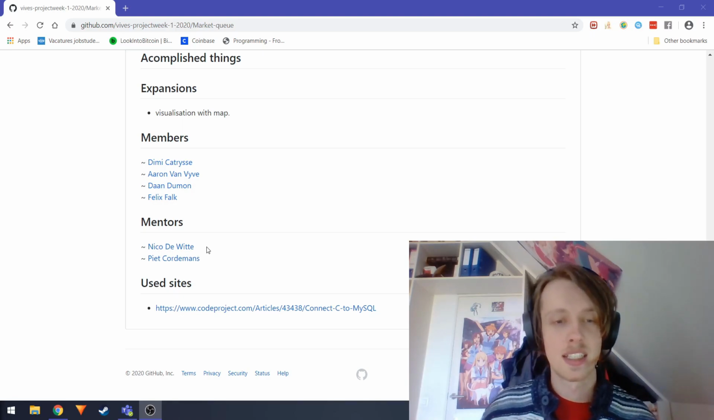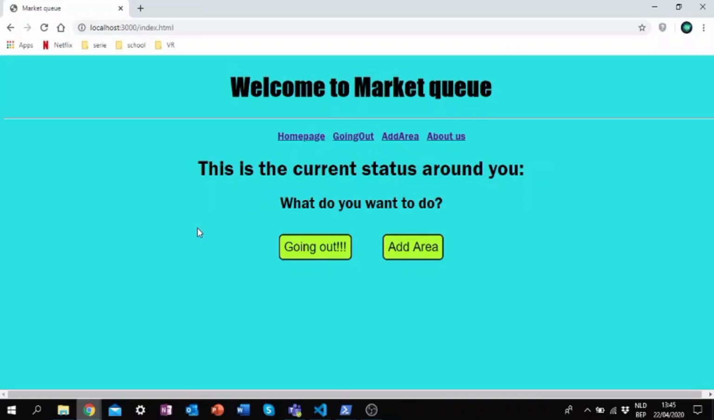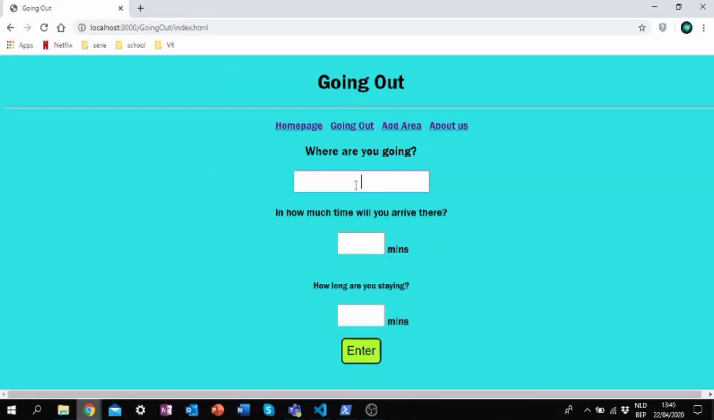And let's get to the first one, which is the site. With the site, you can just check if there are people there. You can check yourself in to let other people know you're going there. It's totally anonymous. So you just click going out, where you're going, like